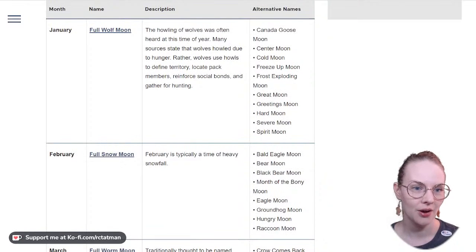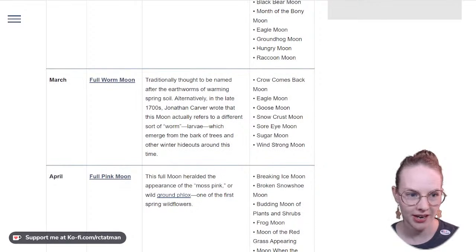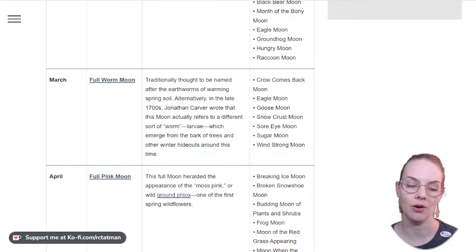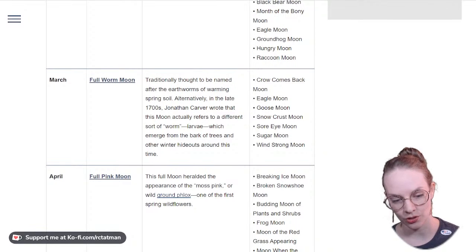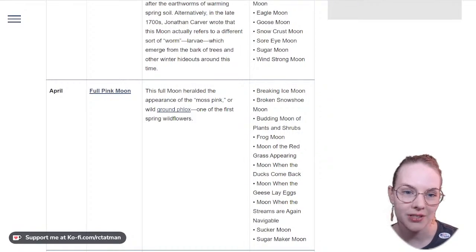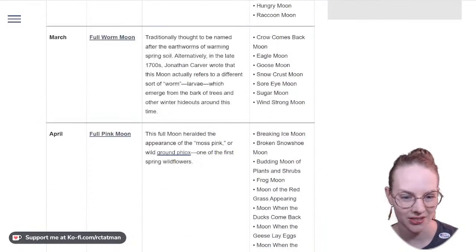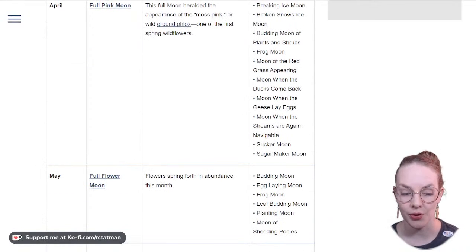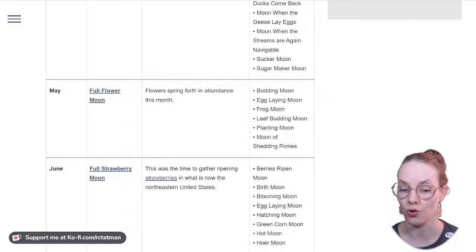So like if January is the goose moon, it means you're seeing geese in January. If March is the goose moon, it means you're seeing geese in March. So that might tell me something about where each of these names is used. If April is the frog moon, you're seeing frogs in April. If May is the frog moon, you're seeing frogs in May. So I'm guessing that the April moon being the frog moon is probably a little bit more southerly, and the May moon being the frog moon is probably a little bit more northerly.